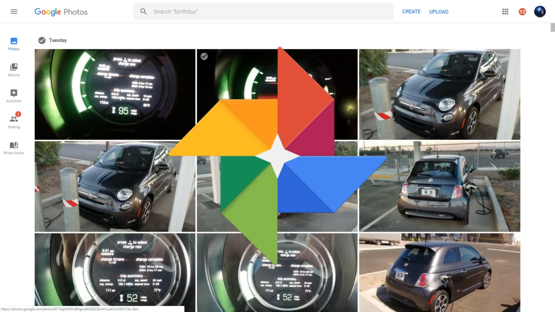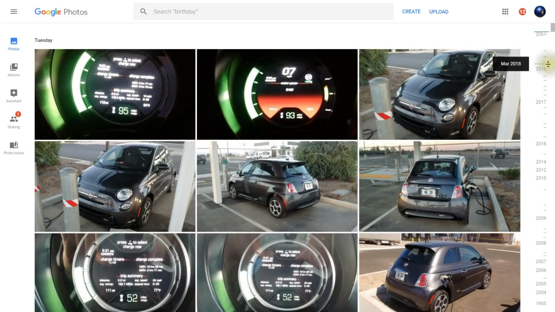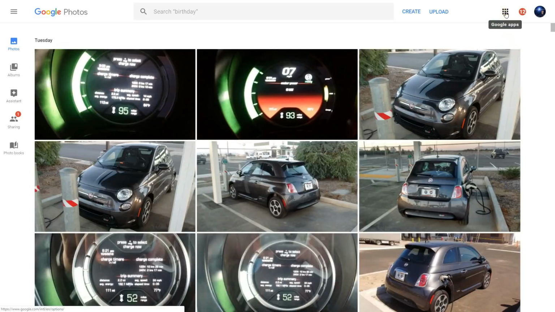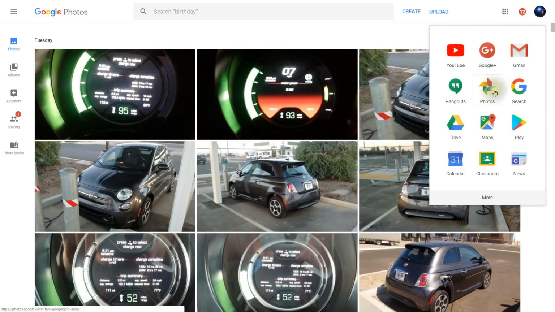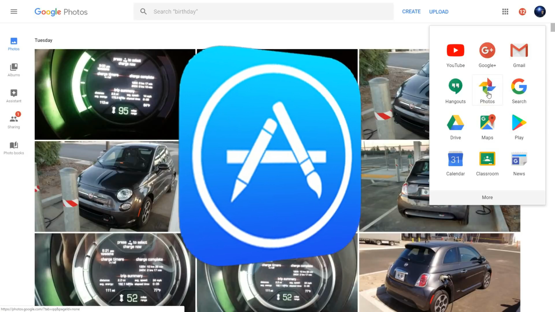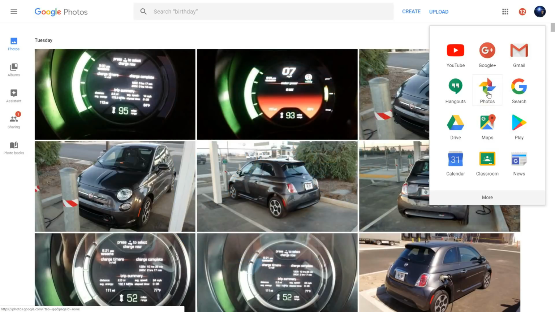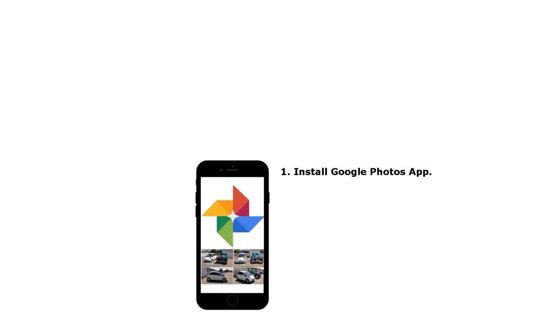And our next topic is Google Photos. Now, to find Google Photos, simply go over here to the Google Apps and click it, and then click on Google Photos. Now, the good news, you can also find this on your smartphones. If you don't have the app already installed on your smartphone, simply go to your web store such as Google Play Store and the Apple App Store. And you can then do a search for Google Photos and install it onto your smartphone that way.